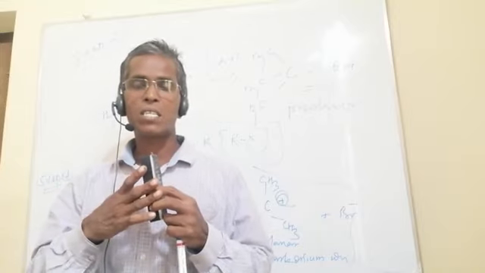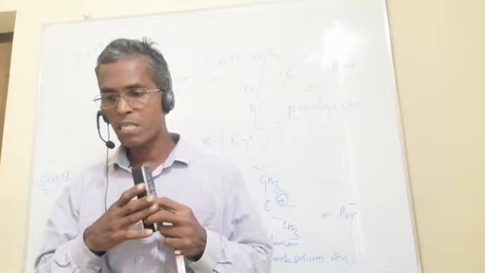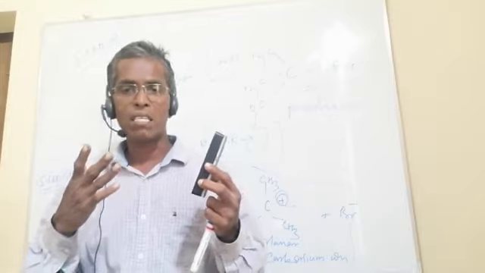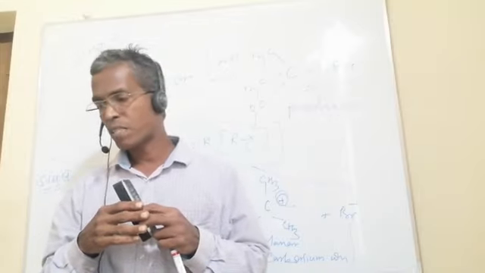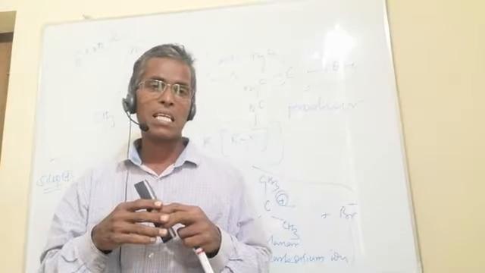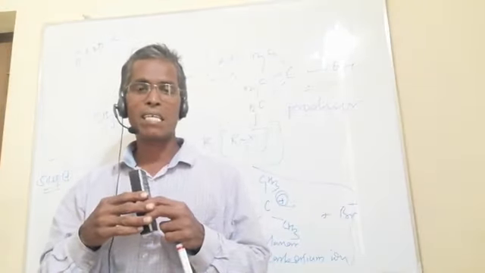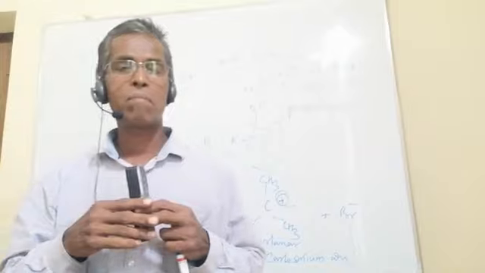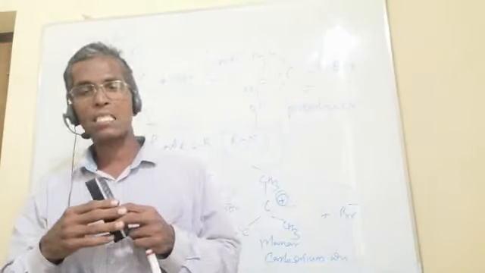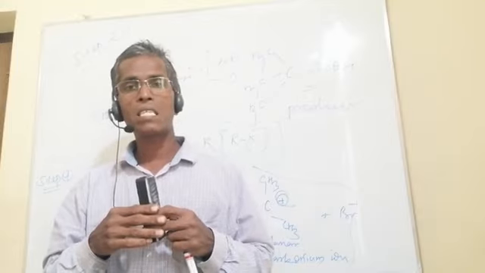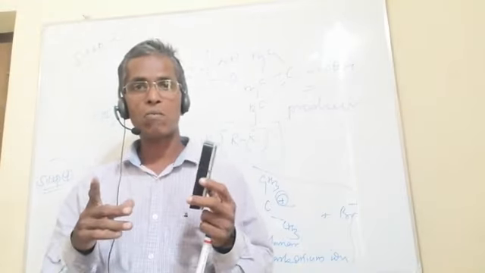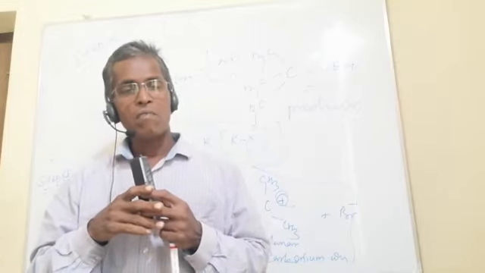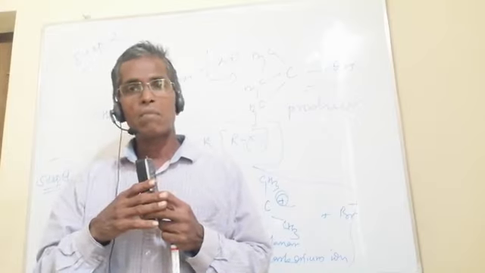As a result, you will get the product, not the inverted product that you get in the case of SN2 substitution. Here that is not possible because the backside attack by the nucleophile is almost negligible, and this you can understand by considering the next example. Remember, I am going to discuss the differences between SN1 and SN2.